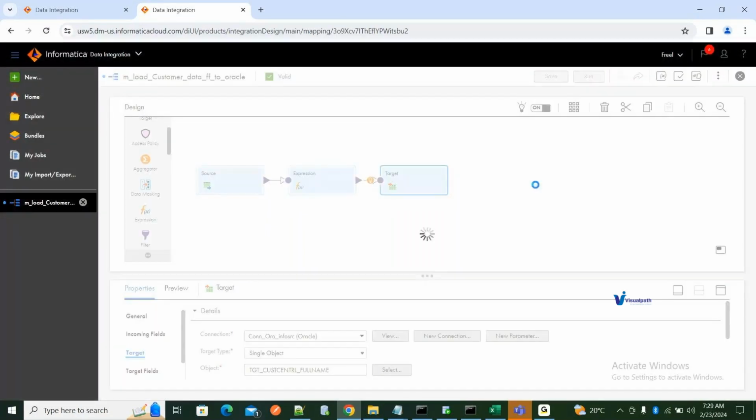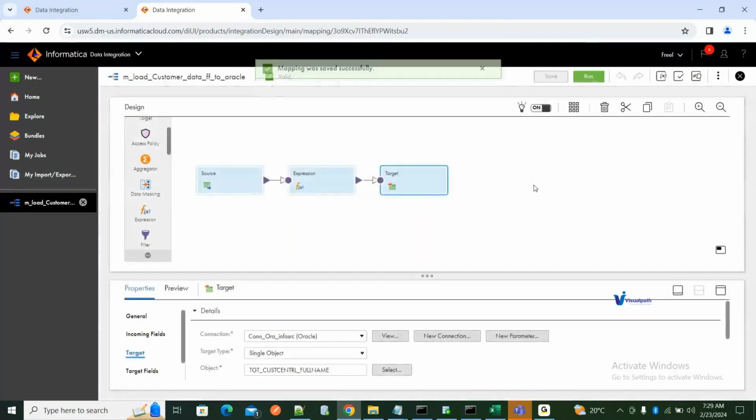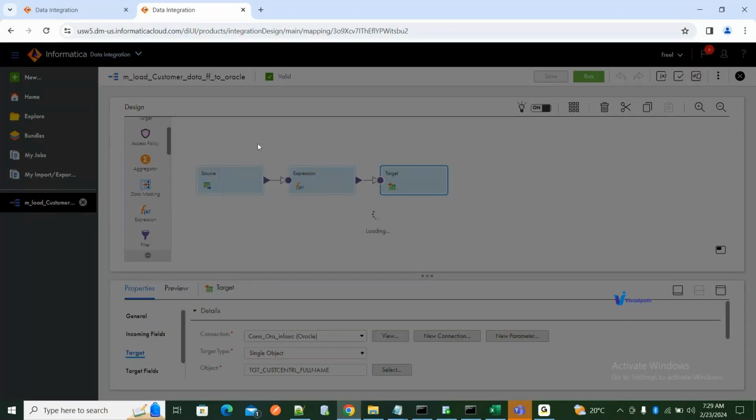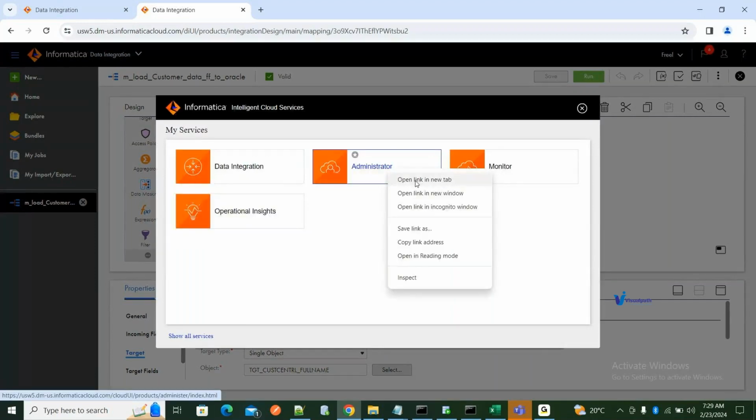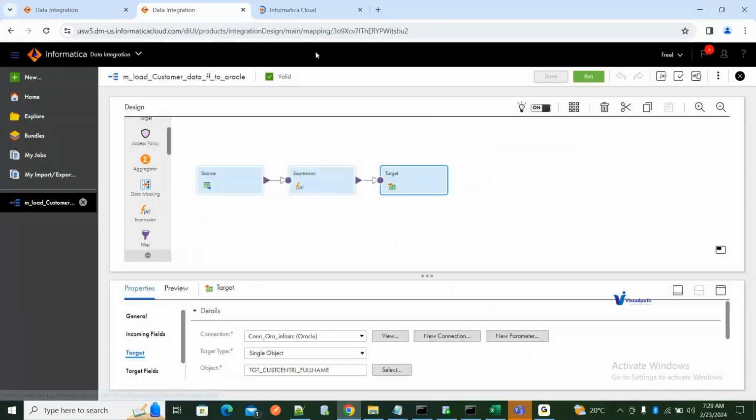I'm sorry. In your demo video, I saw your new connection for a flat file, but I didn't see an example for the Oracle connection, so I didn't create an Oracle connection. Okay, I'll tell you how to create an Oracle connection. Let's say I'll open my administrator service. You have to go to connections